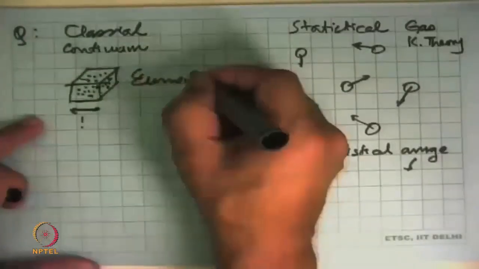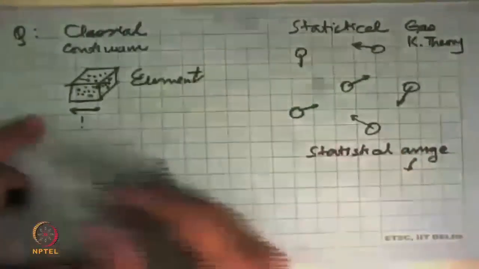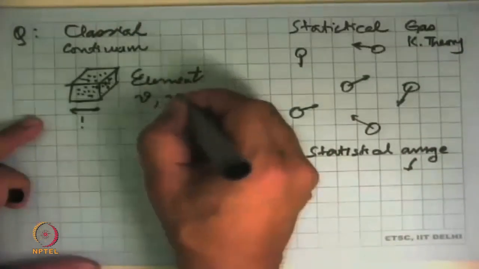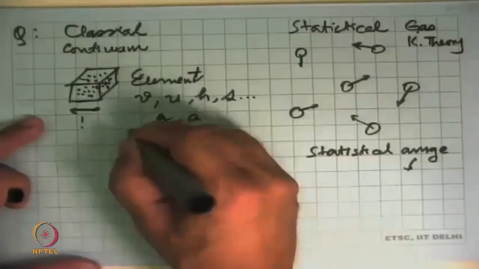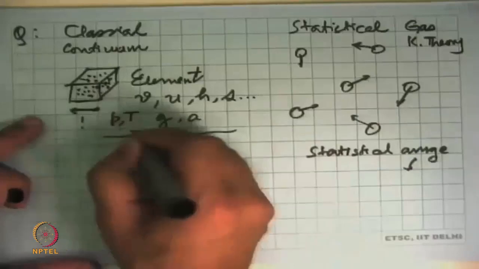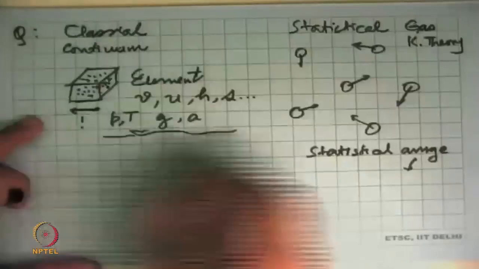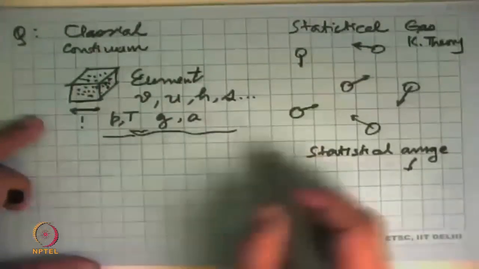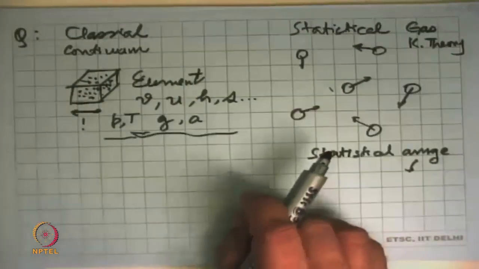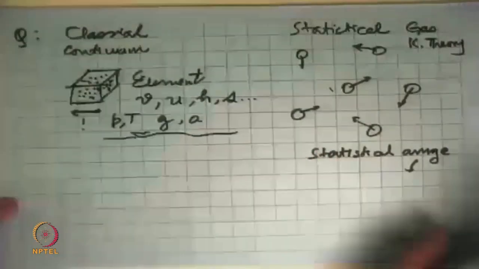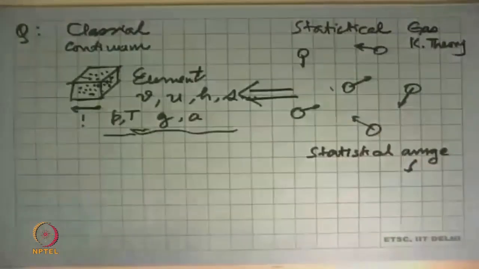take the average properties of this, and start talking about all the laws and everything else that we have learned in this course. So whether it is talking of specific volume, specific U, H, S, or any G and A and all those properties, including pressure and temperature, we are assuming that it is a minimum size of an element is this much, and only because of that we are able to assign properties to that. We cannot assign individual properties to each and every molecule and hope to track every one of them in a problem. So that's the difference between statistical and continuum mechanics. Some aspects of this can come from knowledge of statistical mechanics, but not the opposite.